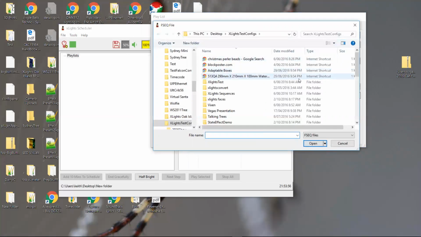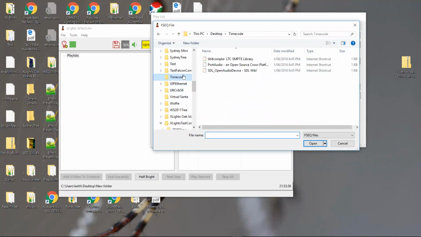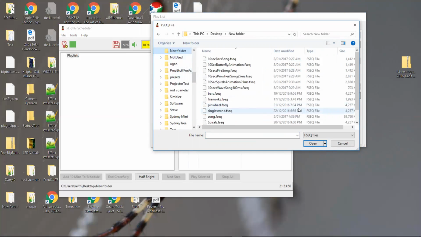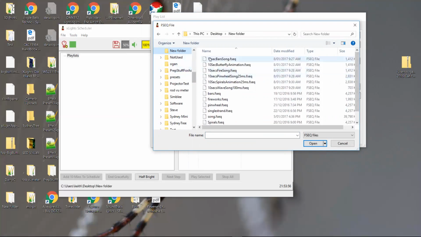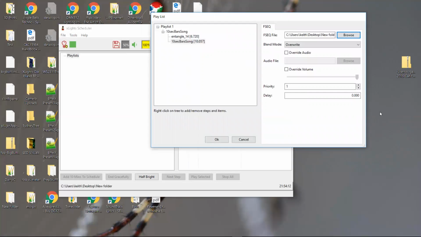So I browse into my folder, which is my new folder, and I grab, I don't know, this song here is a little 10-second song. All right. You are able to actually play multiple FSEQ at once and blend things together. I haven't really tested this yet, but all the code's there. So in theory, you can play two outputs at once